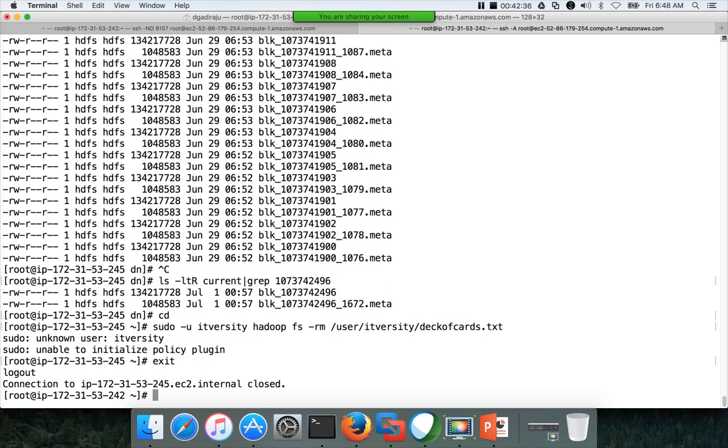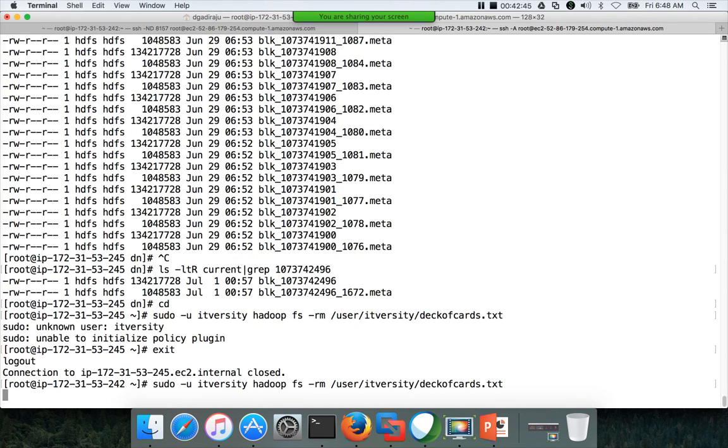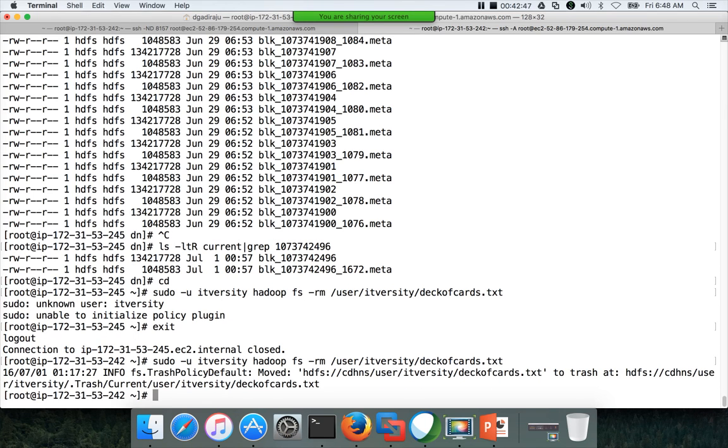It should be on 242, not 245. I am on the data node host. Now I came back to the gateway node, and then I ran this command, and the file is deleted.